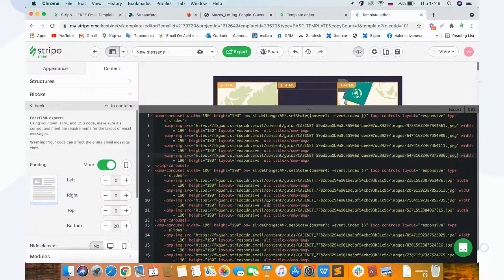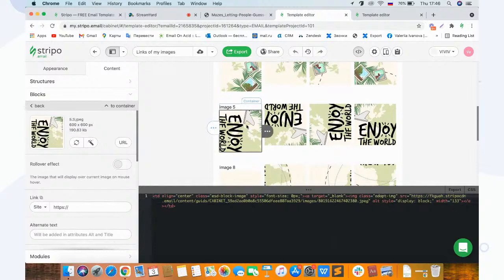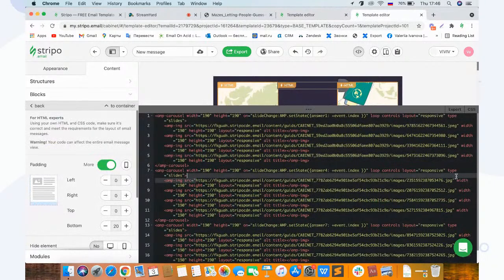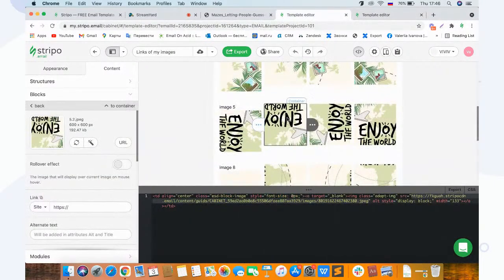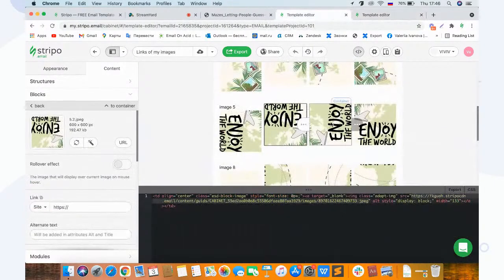Let's go to the carousel with image number 5. Let's copy the first link of image number 5. Copy the link and paste it here to the first link. Done. With the second link of image number 5, copy and paste. With the third one,